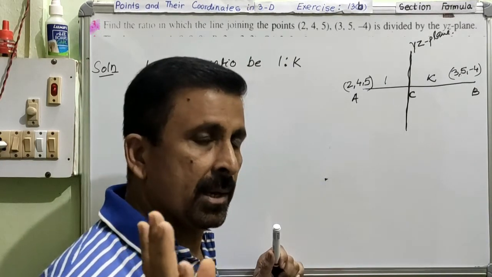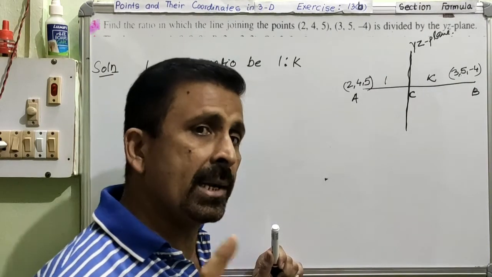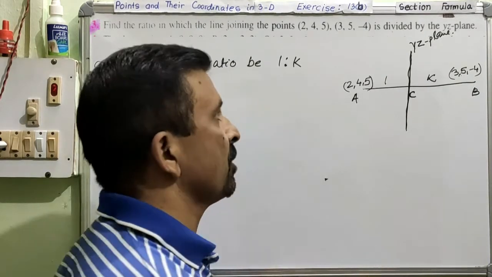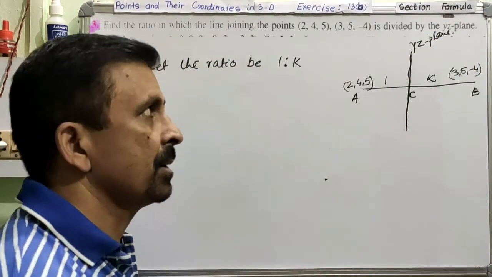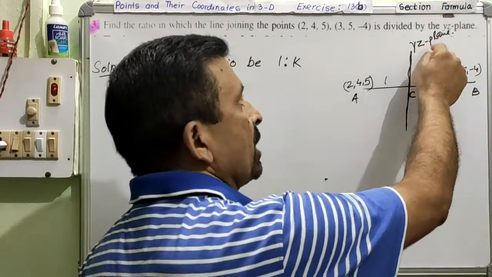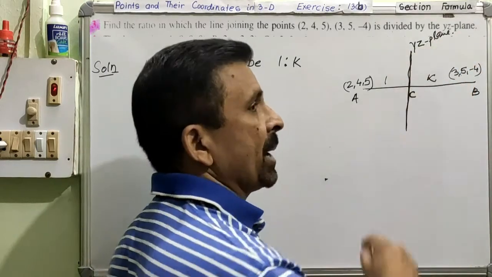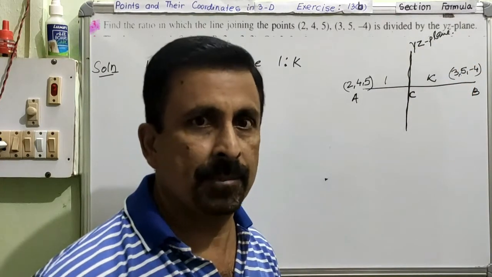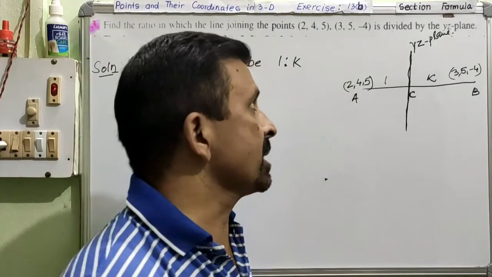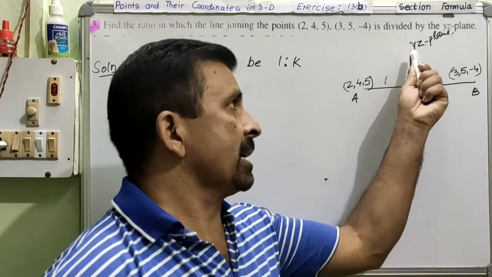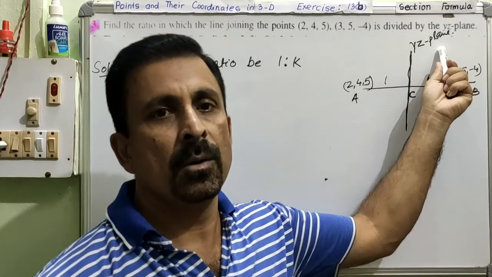Are you getting me? So now how will you know which formula I need to use? The technique is very simple. See the name of the plane. And in the name of the plane, what is missing is very important. In the name of the plane, the missing part is X. That means I will use the X coordinate. You know why? Because this is a plane, and the quantity which is missing will definitely be 0.